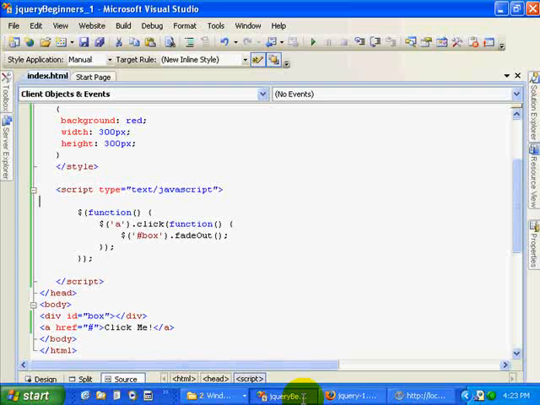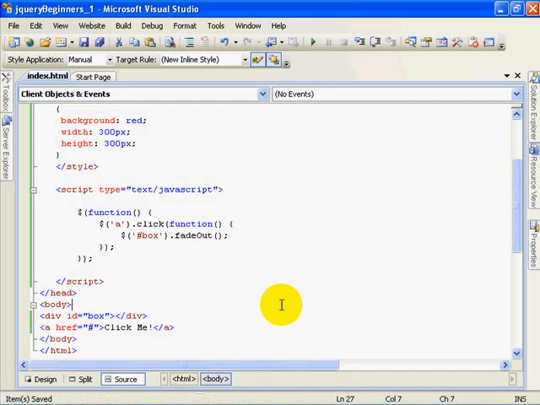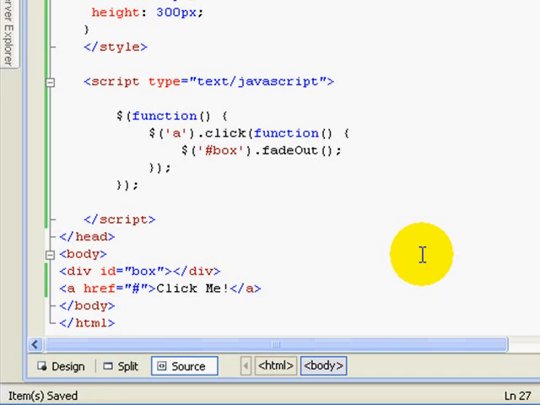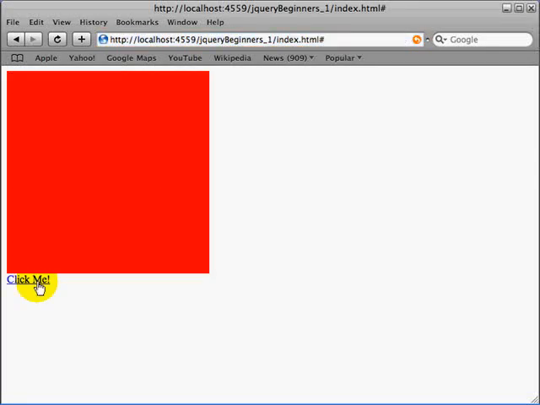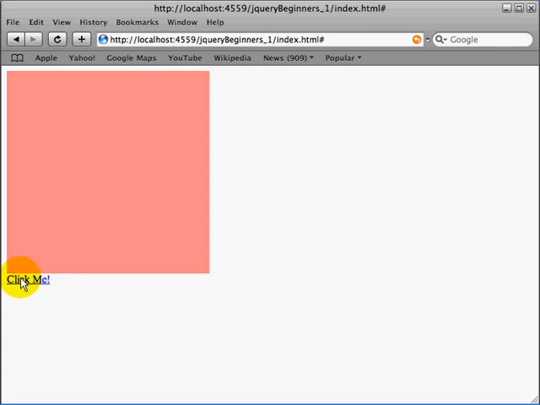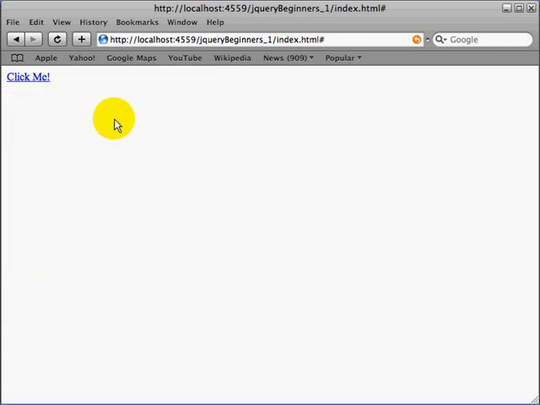exactly like we wanted. But now, let's say you want a little more control, and you want to say, I want this div to fade out over 5 seconds. Well, we can do that by specifying the length with milliseconds, and 5 seconds is equal to 5,000 milliseconds. Now notice I didn't put this in quotation marks. Anytime you're dealing with floating numbers or integers with JavaScript, you don't need to have quotes around it. So refresh the page again. I'm going to click on the anchor tag, and now you'll see over the course of 5 seconds our image